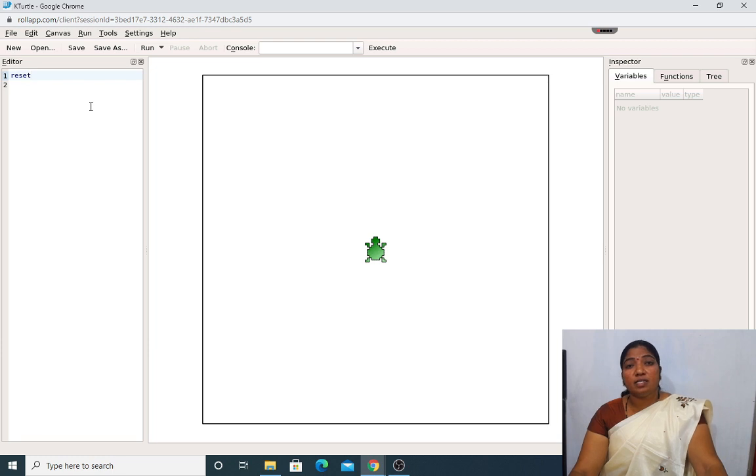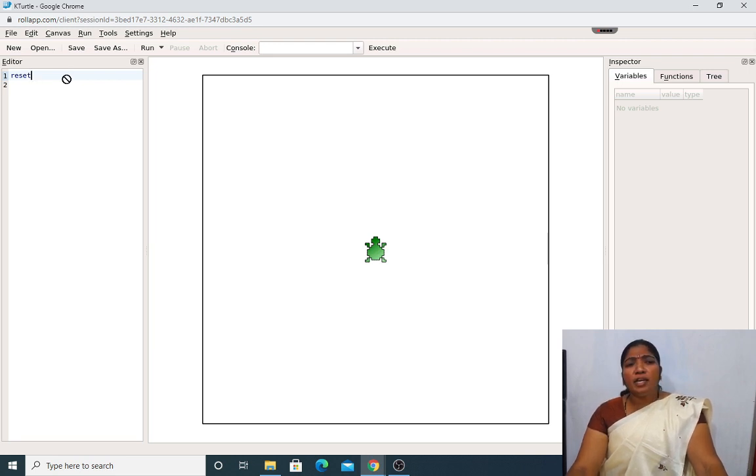At the center, the canvas editor will be there. So, till now we have learned how to create the username and the password with the KTurtle editor, how to log in. After that, we have seen how to go forward, backward, turn left and turn right.